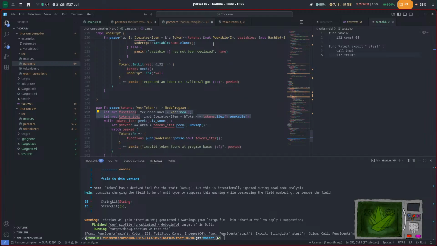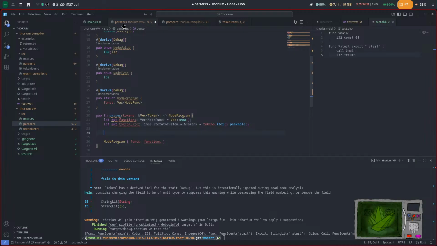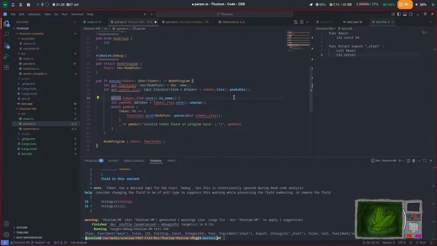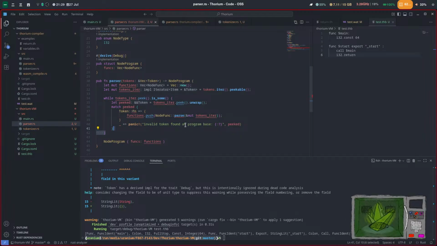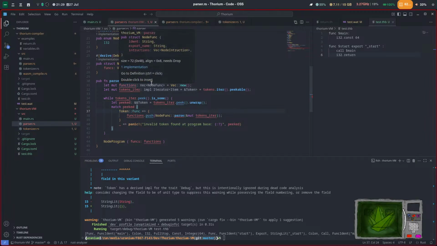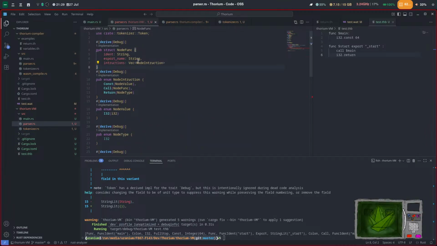Good lord. And this is where the pain starts, because parsing is a pain to do. But we shall. This is not token. I named it func. Why is it different? We'll do parse, and then node func needs parse,